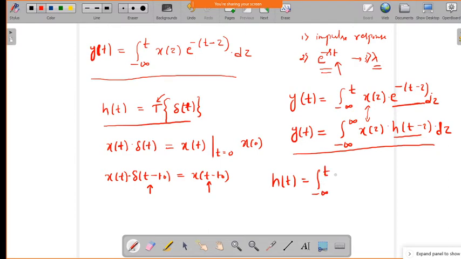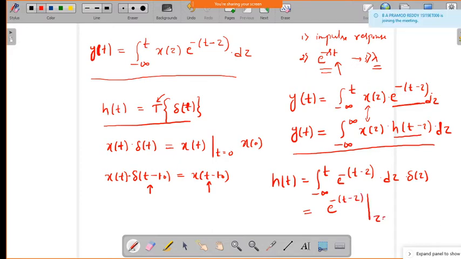e power minus of t minus tau into d tau. Now this response is given only when you give the impulse signal, that is del of tau. Okay, so that is important here. Whenever you give the impulse, then this will be produced. So now we need to evaluate this one. If you evaluate this, it will give a value only when tau equal to 0. That means e power minus of t minus tau, only when tau equal to 0.